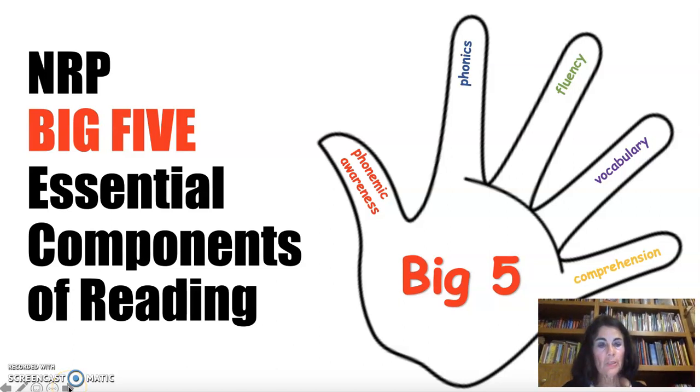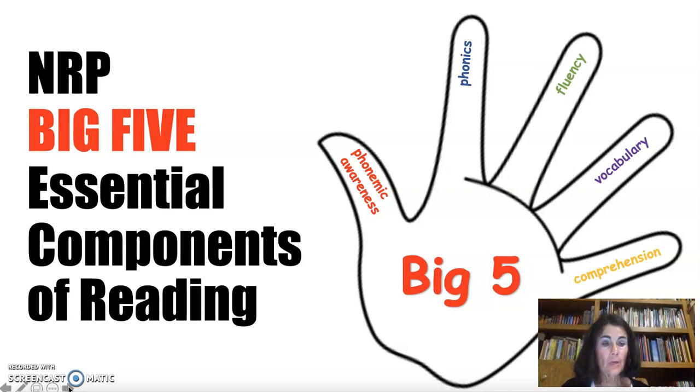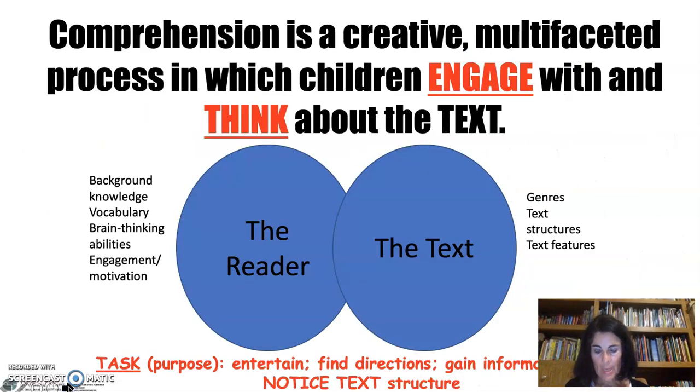The fifth module in the Big 5 series is an overview of comprehension, the most essential of the reading components identified by the National Reading Panel. As you recall from the National Reading Panel, comprehension is a complex cognitive interaction between a reader and his or